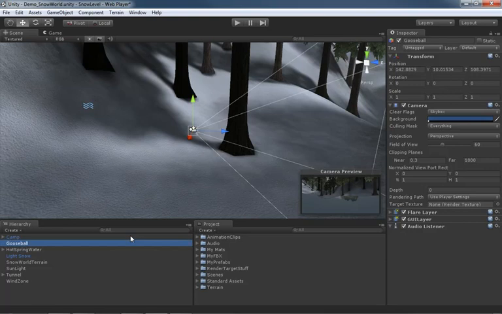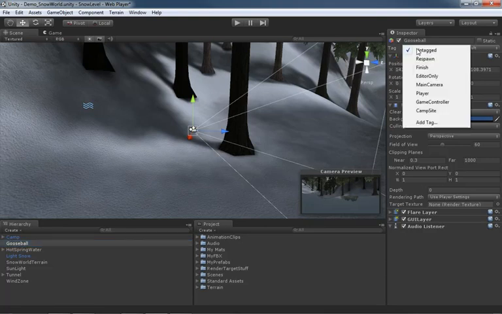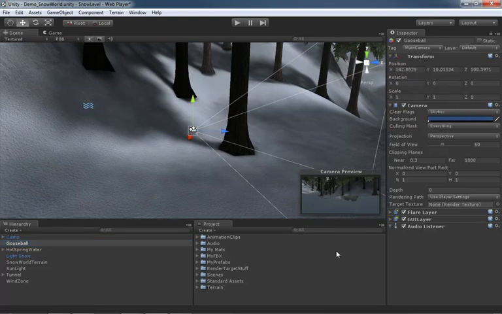Yeah, Gooseball is awesome. Now, the important thing is that we tag this camera as the main camera. So up here in the inspector, underneath tag, we're going to set this to main camera. Right. In a previous video, we talked about tags having uses, but not really something that you would notice unless you got involved with scripting. Unfortunately, the third-person controller makes some pretty heavy use of scripting and is looking for the tag for the main